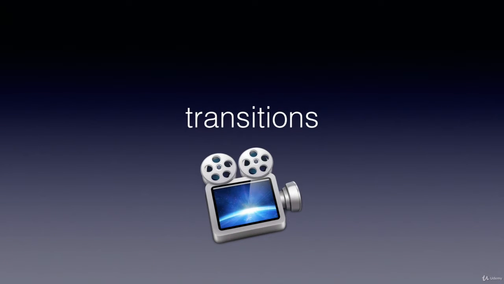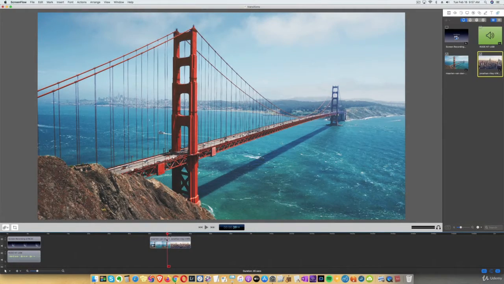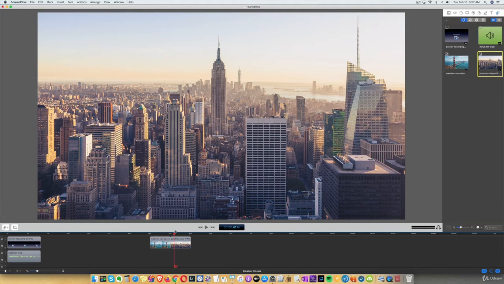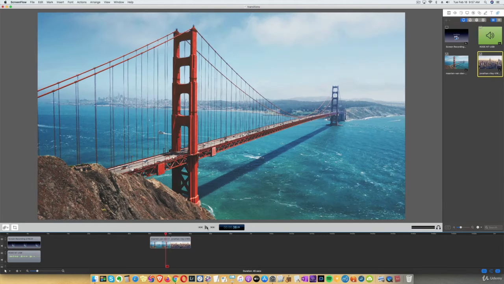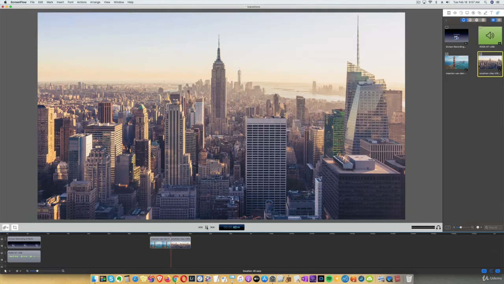This lesson will cover transitions, which are the effects that you see between clips. When your project moves from one clip to the next, without a transition, it's just going to do so very abruptly. So for example, take a look at these two clips, one right after the other. When it moved from San Francisco to New York, you'll see that it just does so abruptly with no transition